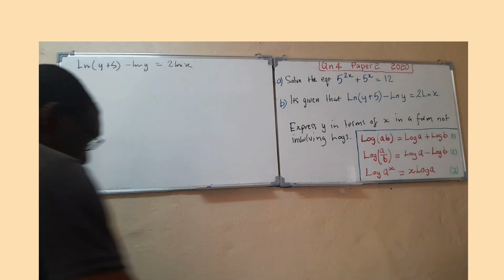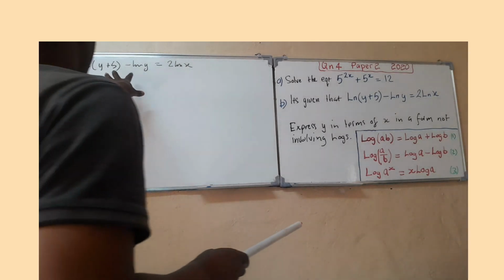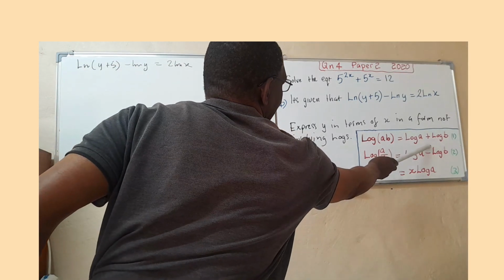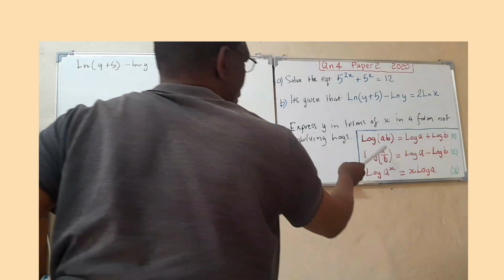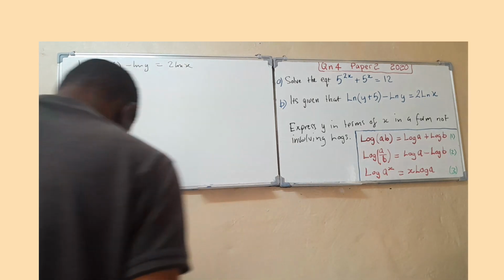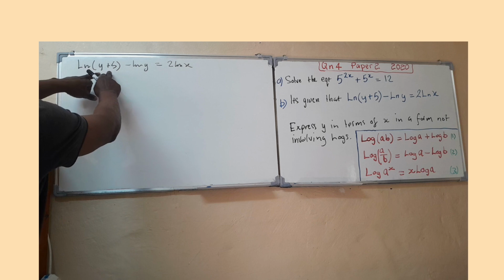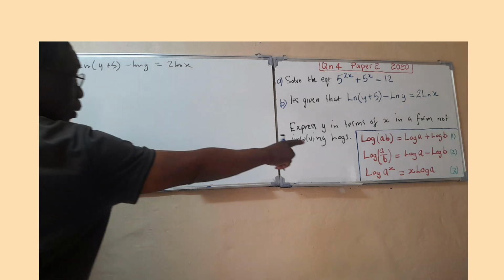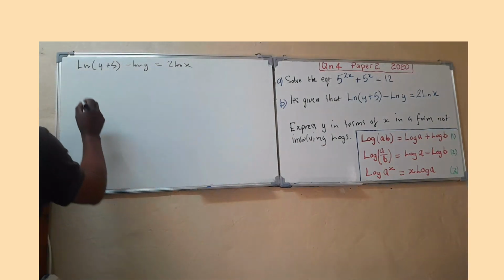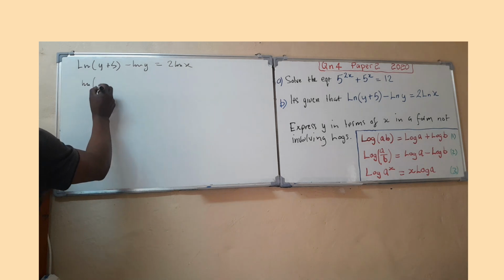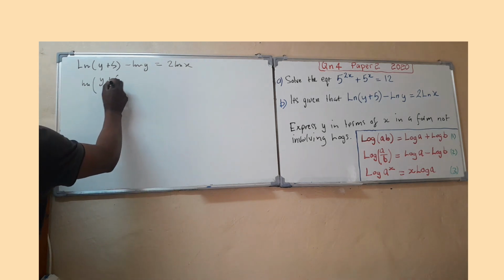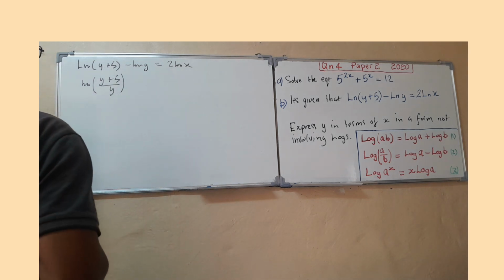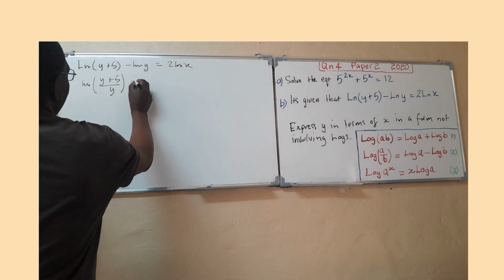Right, let's put the laws into gear here. Here on the left-hand side, we have the difference of 2 logarithms. So this enables us to do that. On the left-hand side, log of this minus log of that can be written using our second law, the one that says minus. So it becomes ln brackets y plus 5 divided by y,